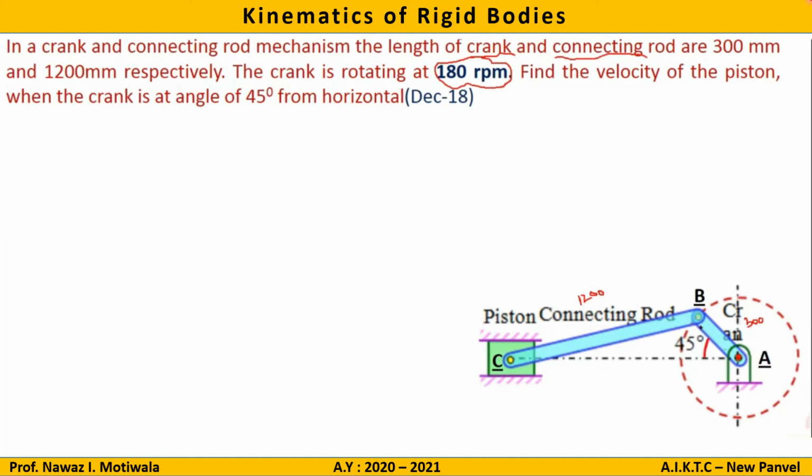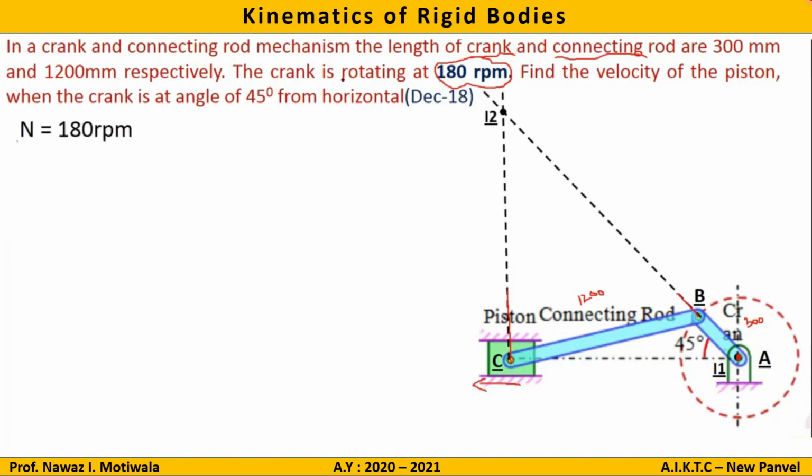So just a quick observation, it is said that this crank is rotating. Let us assume that this crank is rotating in the anti-clockwise direction. When this crank rotates anti-clockwise, the velocity of C, or we can say C, will move in this particular direction. So what will be its perpendicular? Its perpendicular will be like this, and we have the shortcut that whatever link is hinged, we just extend this. So I will extend this, and on extending this I will get the ICR for link BC as this one, which is I2.